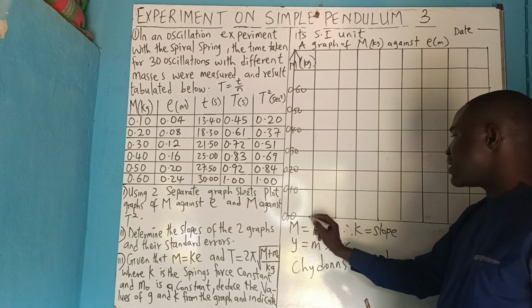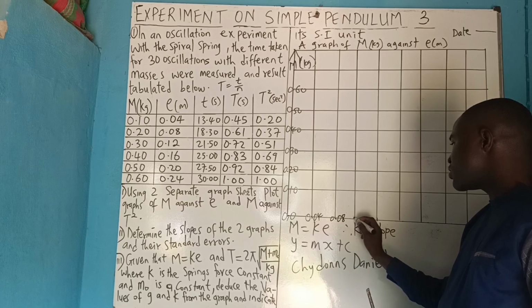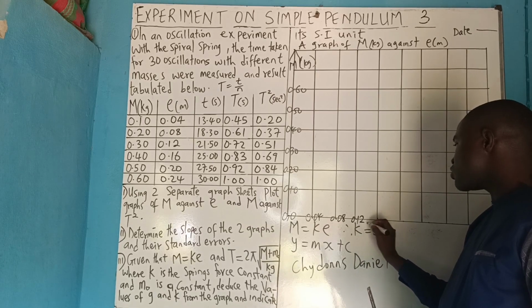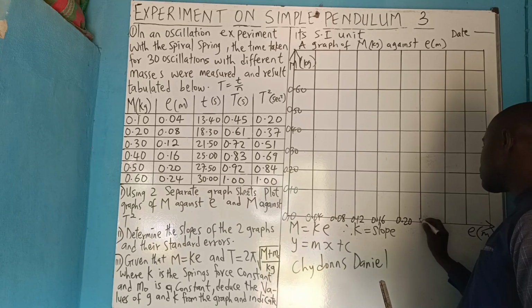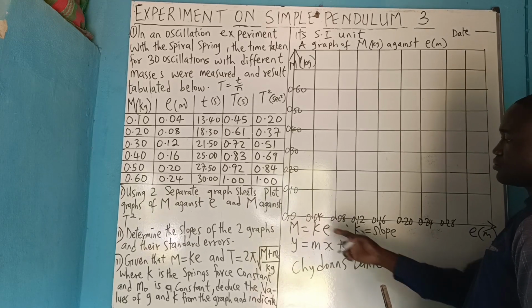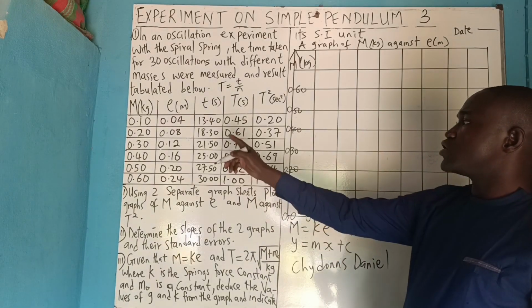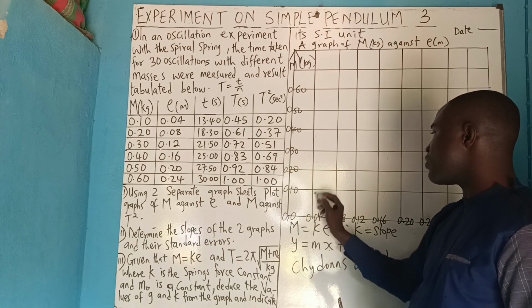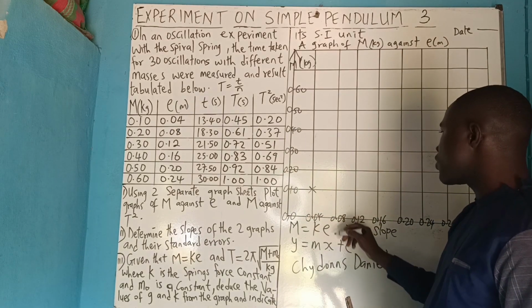I can say here 0.04, 0.08, 0.12, 0.16, 0.20, 0.24, 0.28. Yes. Now I will locate the points. 0.1 against 0.04, 0.2 against 0.08,